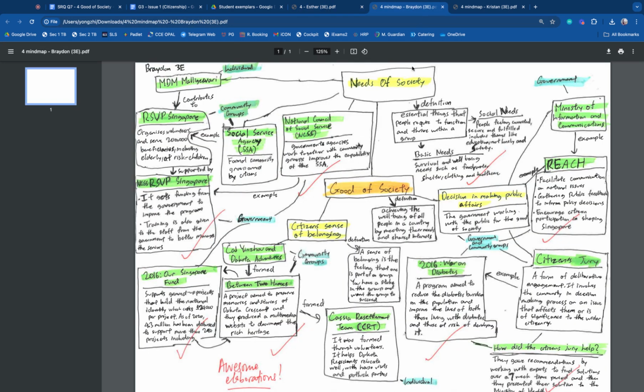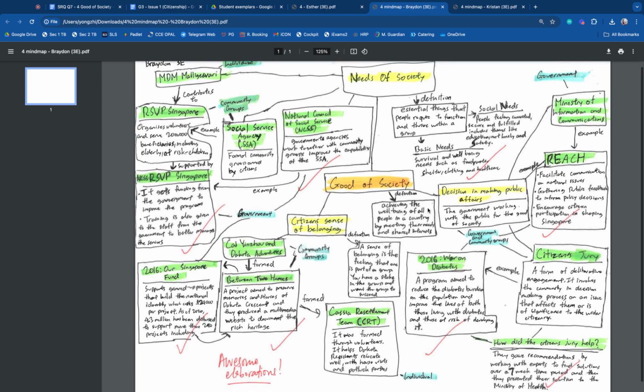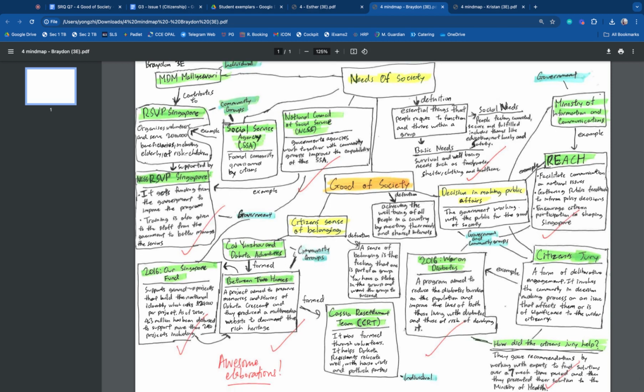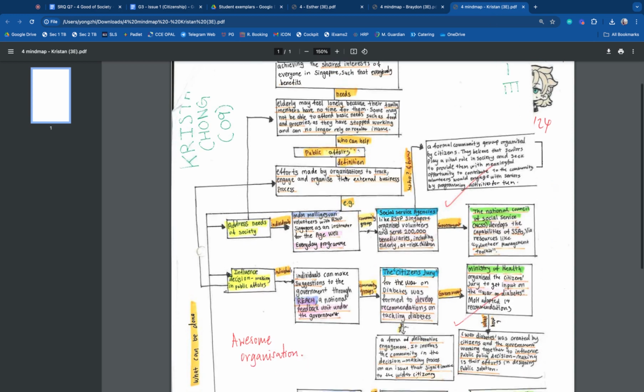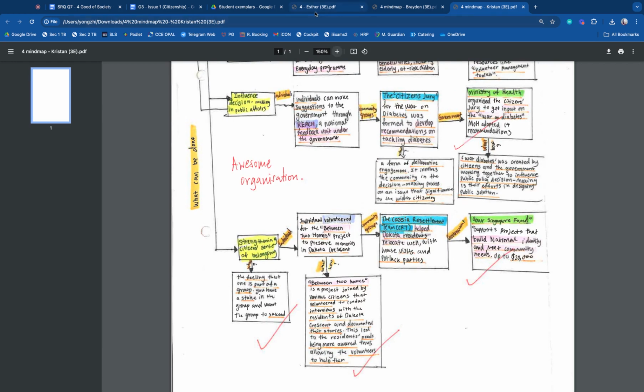You could also have your mind maps with you, and I think that some of the mind maps done by your classmates are really very well done in organizing the information. For example, this student organized the good of society as needs, sense of belonging, and decision making in public affairs. And under each of these key categories, there are even more subpoints. Another student organized it downwards from the good of society by explaining and defining what is the good of society, and then coming up with more elaborations and examples. So your mind map worksheet could be helpful.